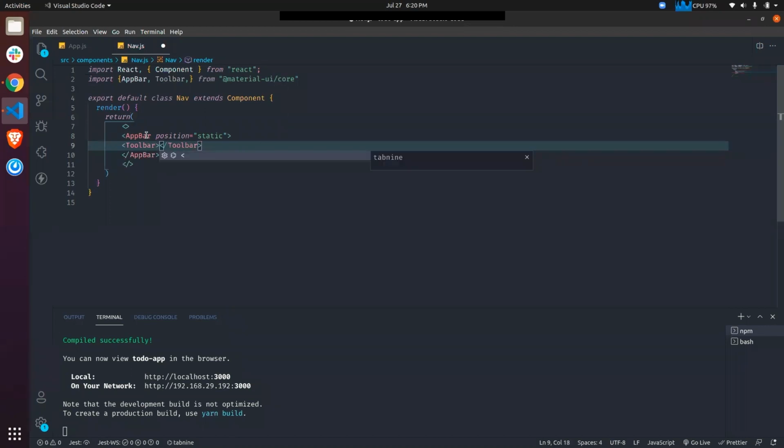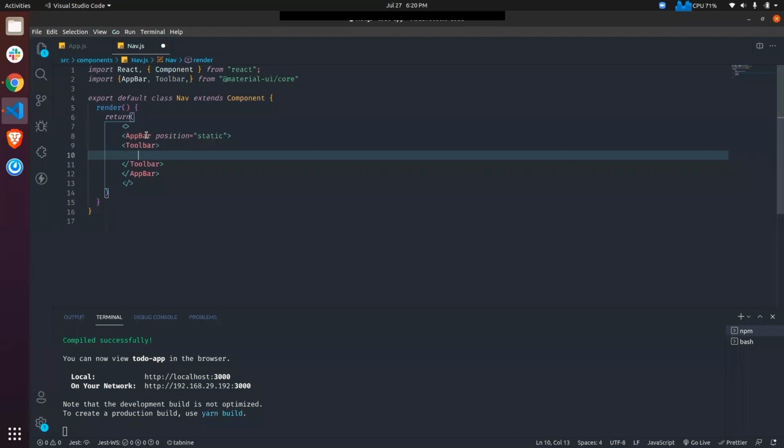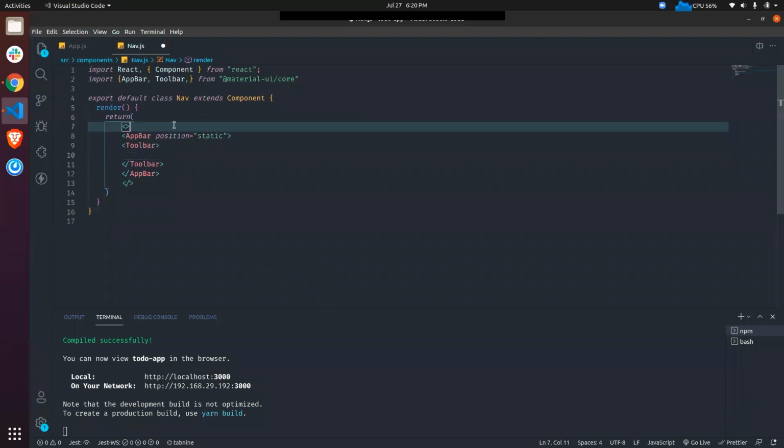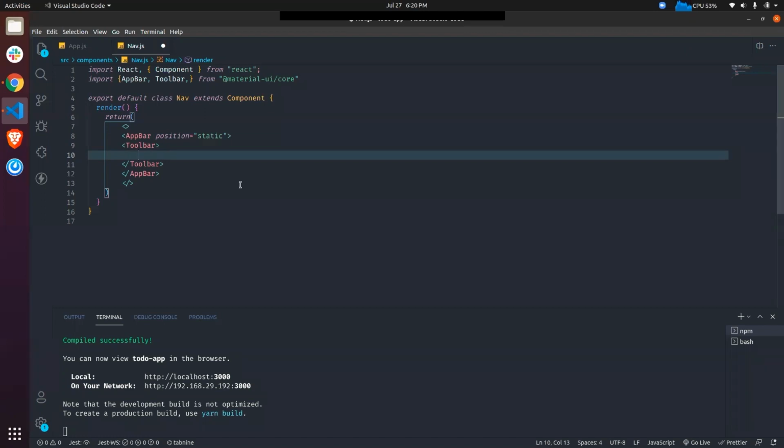A toolbar is used by the app bar to show the data inside it. So inside this toolbar, we need to provide some text. Let's say I want to provide some text like to-do list. So one thing I can write is an H1. I can write a span or paragraph tag.